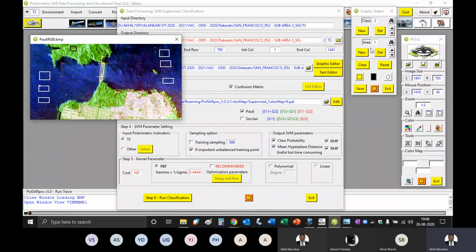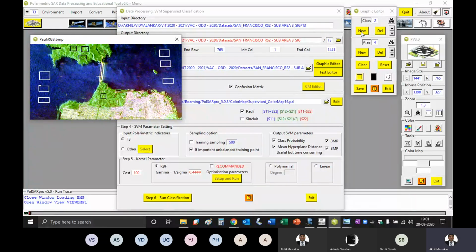So this is one. Again, I'll say new. This is another. Again, I'll say new. This is another. So three areas I have given. I can give one more, 4, which is there on slightly this side. This is 4. So you can see green.